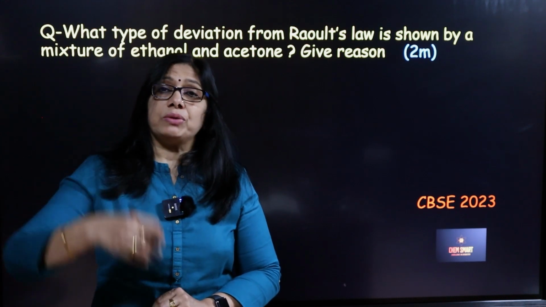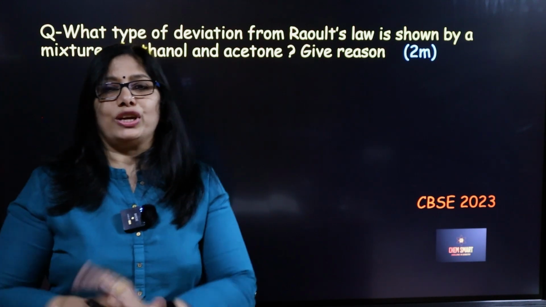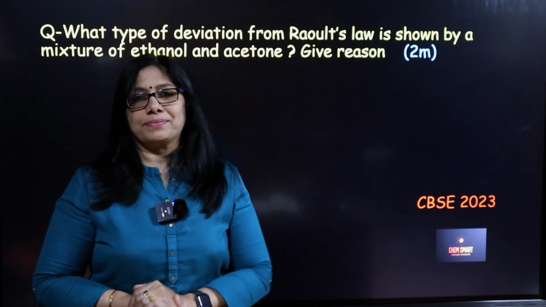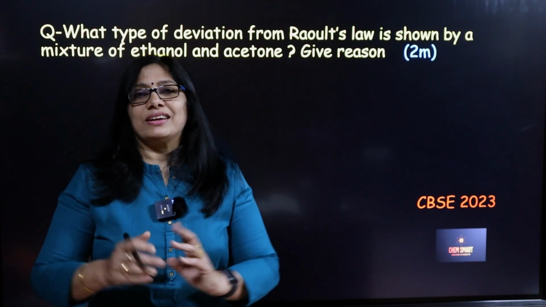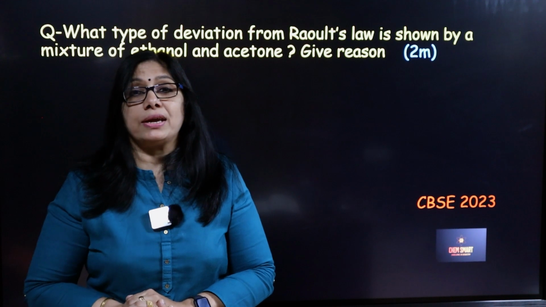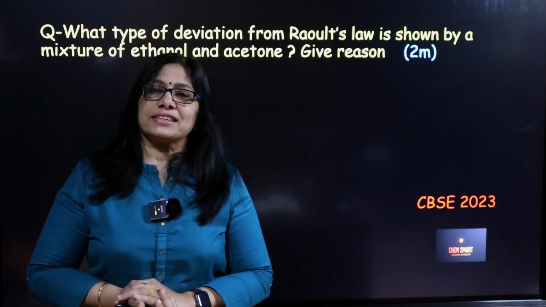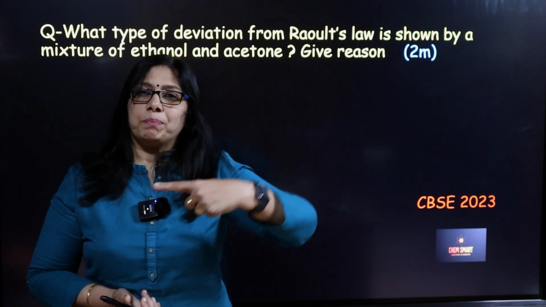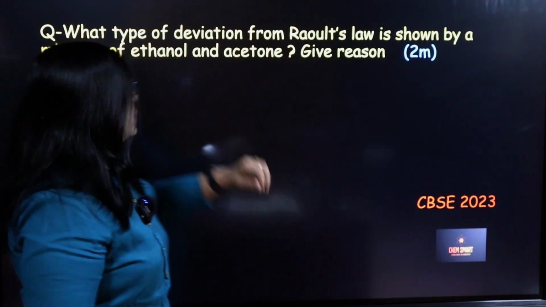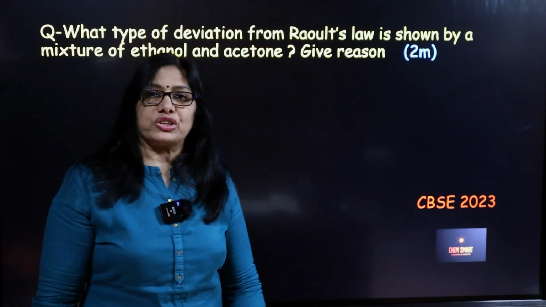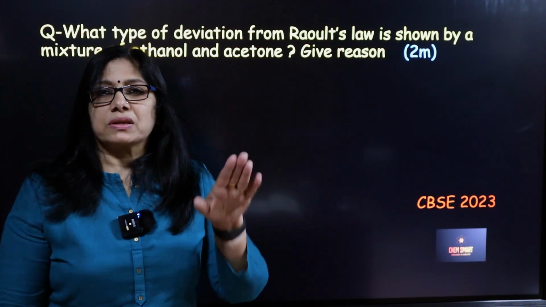When you add acetone into it, what is happening? Acetone molecules will get in between these ethanol molecules and weaken those forces. So escaping tendency of these molecules will increase. When more molecules escape into vapor phase, what will happen? Vapor pressure will increase. When vapor pressure increases, it will be positive deviation from Raoult's law than expected from Raoult's law. So, if you have ethanol and acetone mixture, because it is leading to increase in vapor pressure, it comes under